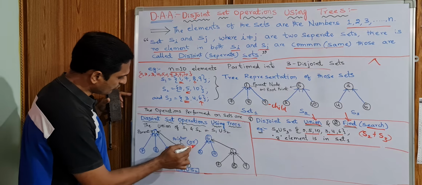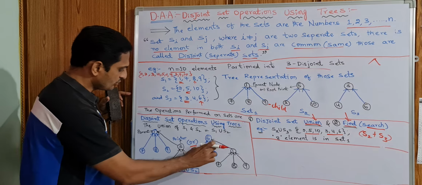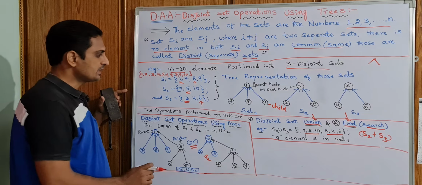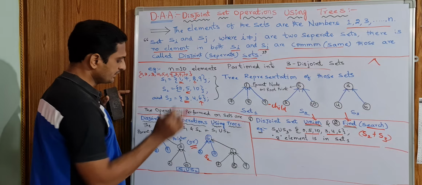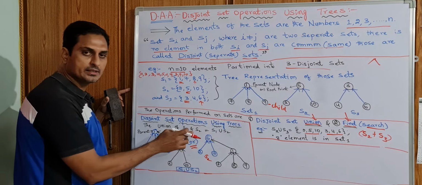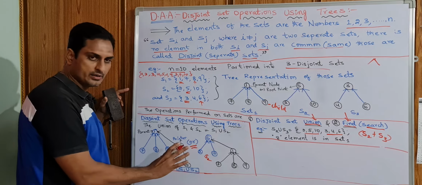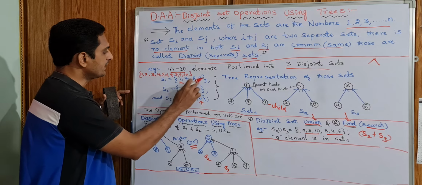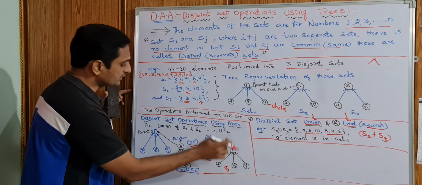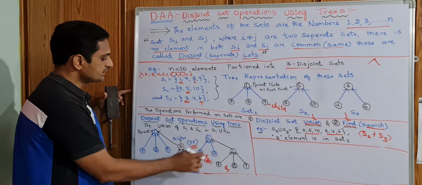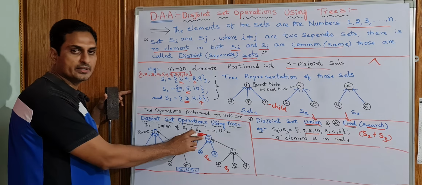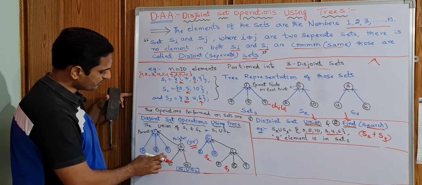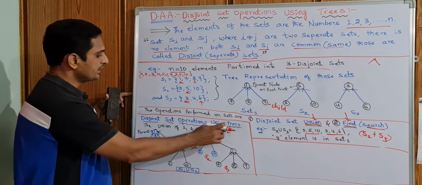Either this way or we can use S2 as the root. Set 2 is 2, 5, 10, where 5 is taken as the parent node and 2, 10 are child nodes. The other set is set 1, whose elements are 1, 7, 8, 9, where 1 is taken as the parent node. That parent node is connected to the set 2 child elements. This is one type of representation, or you can show it in this other representation of the S1 union S2 tree.